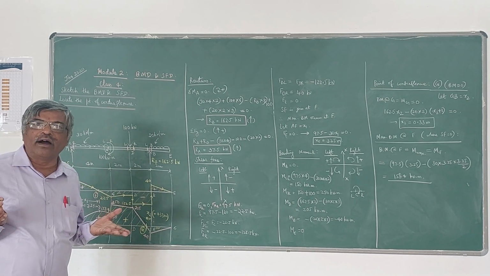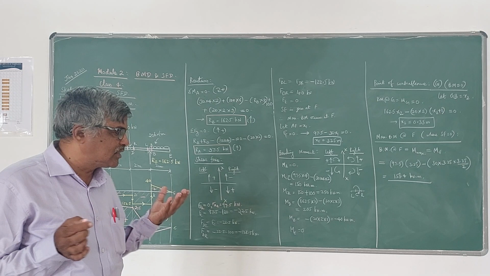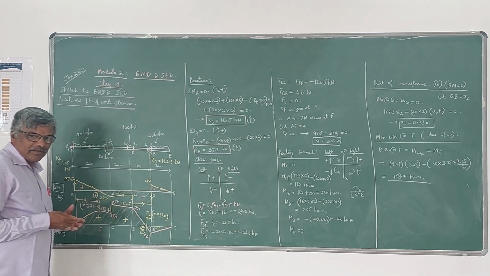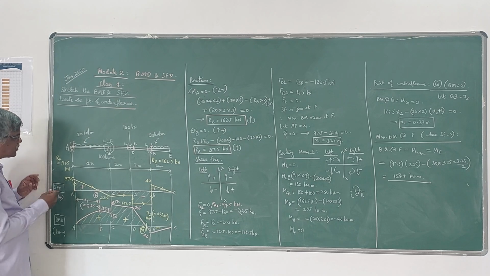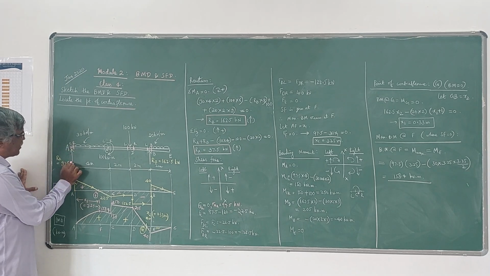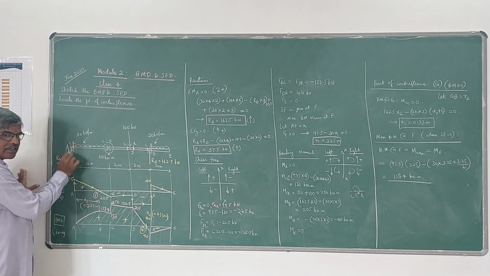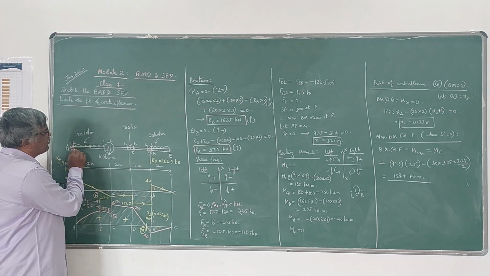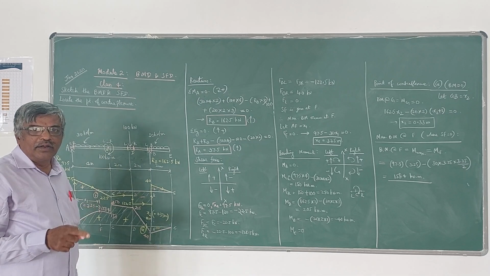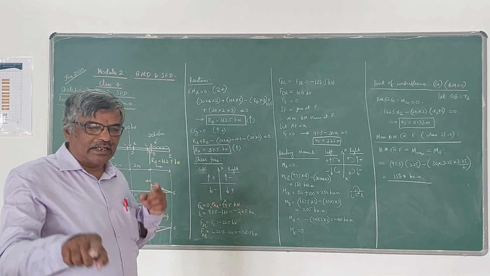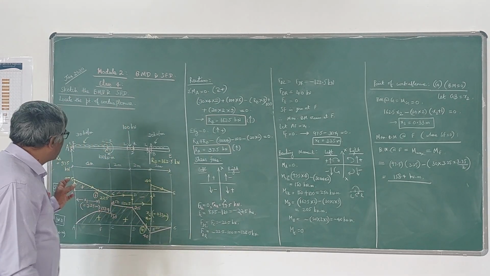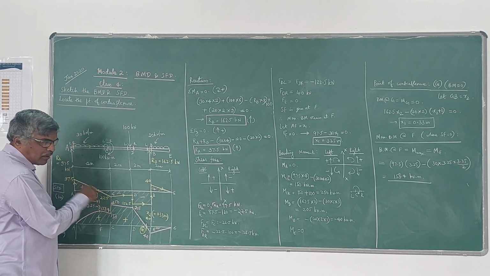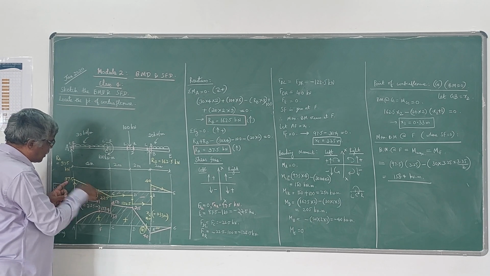I have explained on the other day in the earlier class how to draw the shear force diagram in an easy way. In that case, what you have to do is start from point A. At A you have an upward reaction of 97.5. Move upwards by 97.5. Then from A to C you have a UDL. UDL means it is a linearly decreasing line. So linearly decreasing means how much? It is 30 into 4, 120. You have to come down, because it is acting downwards.